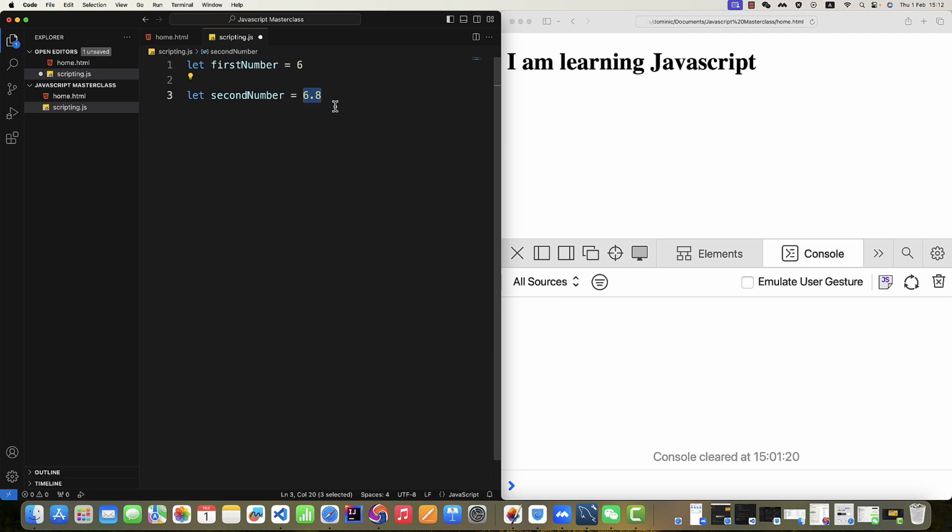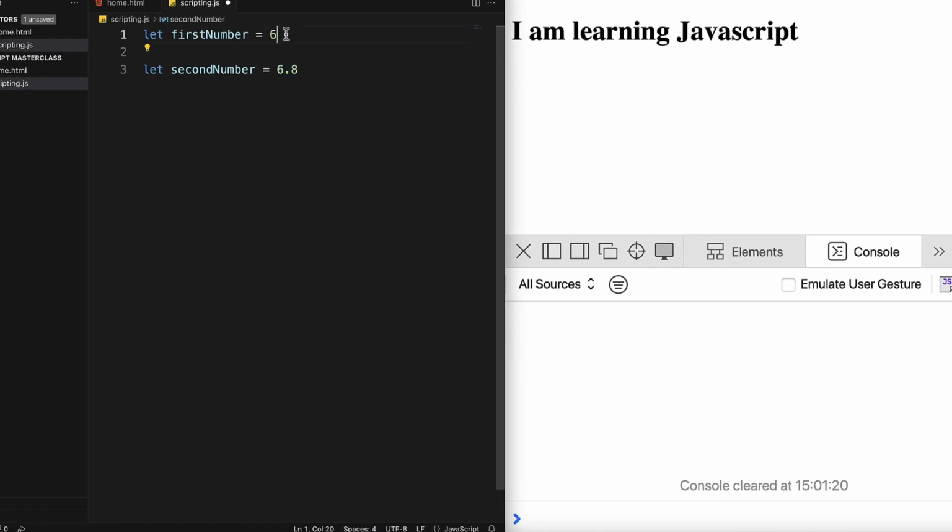In other programming languages, these two numbers are quite different. This one is called an integer and represented differently. This one is called a float and represented differently. But in JavaScript, it doesn't matter. JavaScript treats an integer or float as numbers, so they have the same data type. They are all numbers. Now, let's go to our browser's console and work a bit with some operations that we